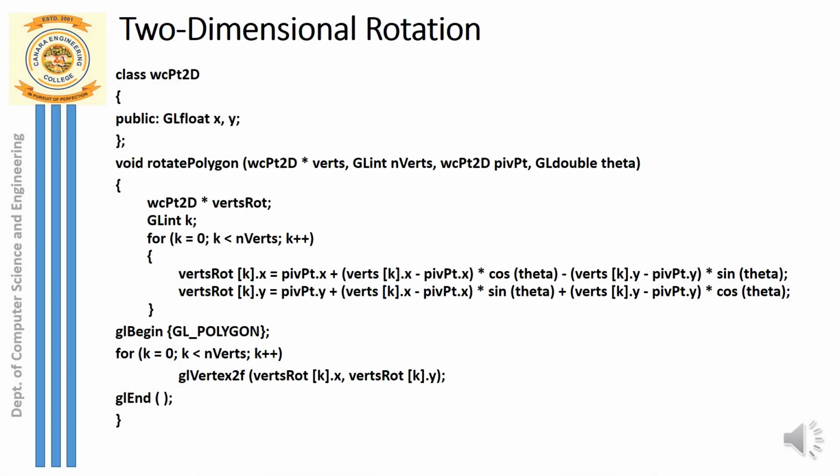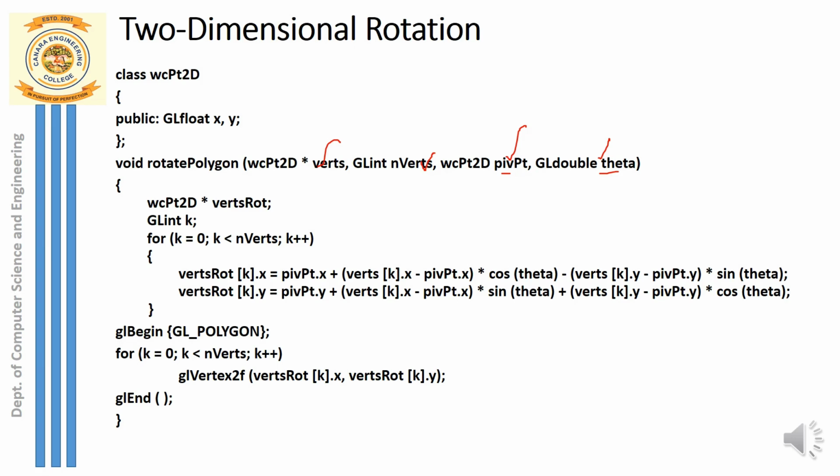We can now just see the code here to implement this rotation. So you can just refer to the set of vertices that we have, the vertex array, and we need a pivot point as usual, the reference point about which you are rotating, and then one more parameter, the angle theta. So the list of vertices for performing the rotation, then the reference point, and then the angle of rotation. These are the parameters that you are supposed to pass.